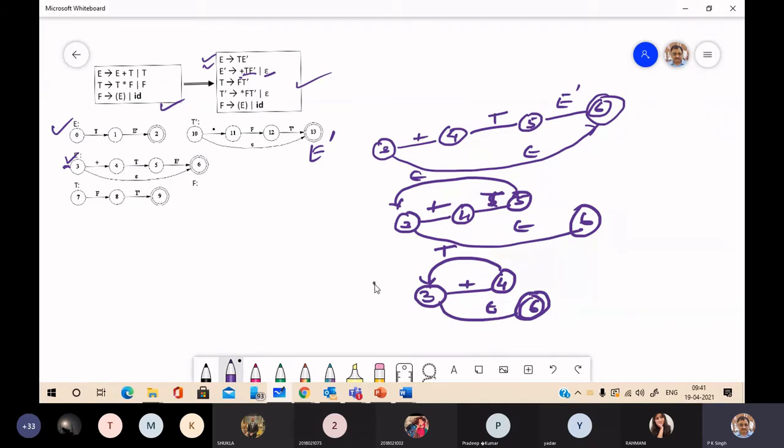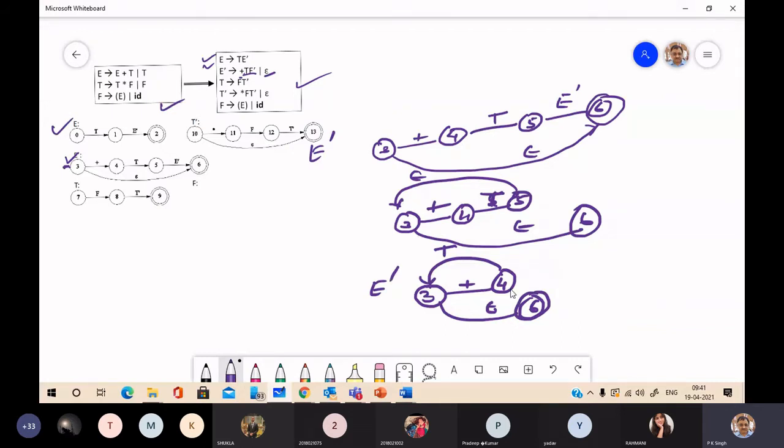Okay. Similarly, now see, we start from here. If the input pointer is pointing to plus, then we will go to this state. Otherwise, it is epsilon. For any other symbol, it will be the epsilon production, meaning E dash is reduced to epsilon. Okay. So here we have a distinct, clear indication of which action should be taken.